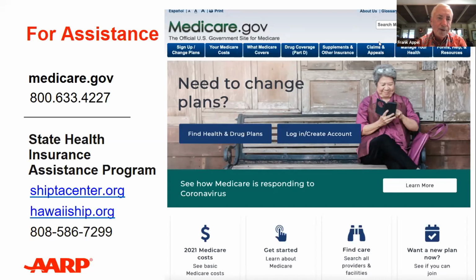We also have a state health insurance assistance program. The national website is shiptocenter.org or hawaiiship.org. These are folks who are there to help answer your questions, help you deal with enrollment. And I've listed here the Hawaii SHIP phone number as well. So these are some very valuable resources as you're navigating the process of enrolling in Medicare and selecting a plan,